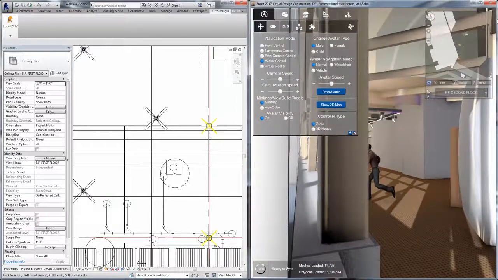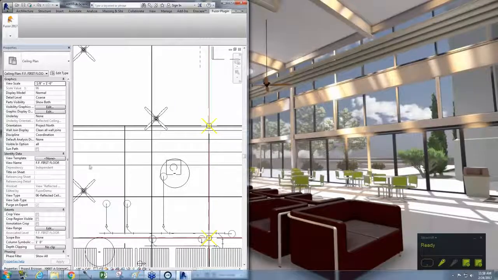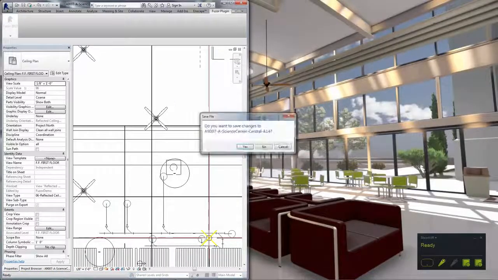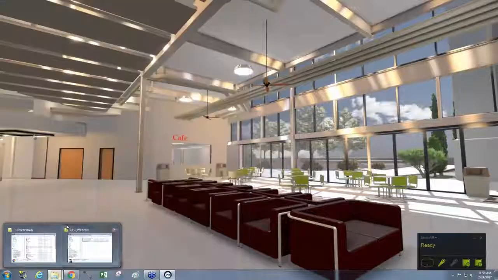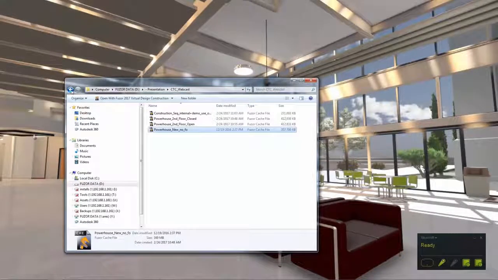Now, really quickly, since I've made a couple of changes to this one here, I'm just going to disconnect this one again to show you that we can actually work this without having to be connected there. I'm going to shut Revit completely down, and I'm going to open up something here really quickly in terms of